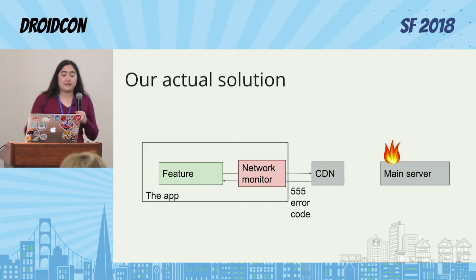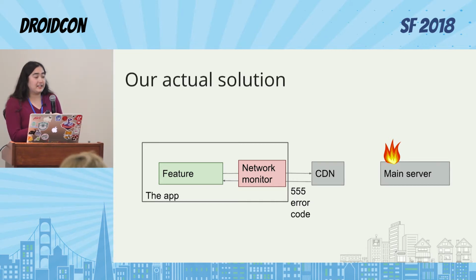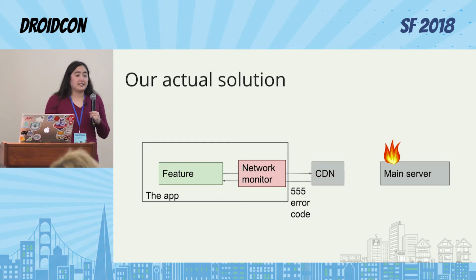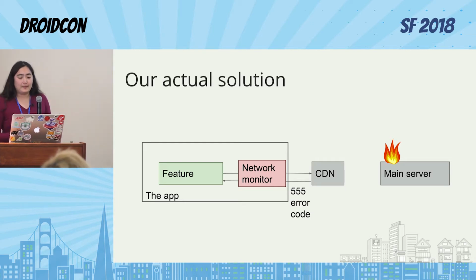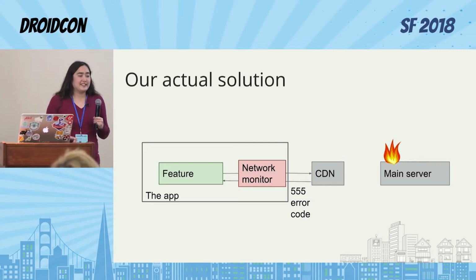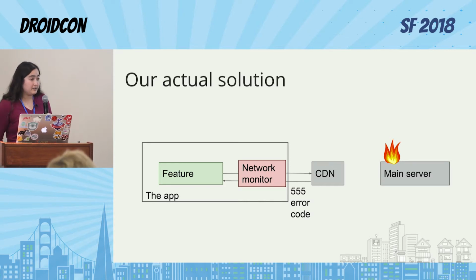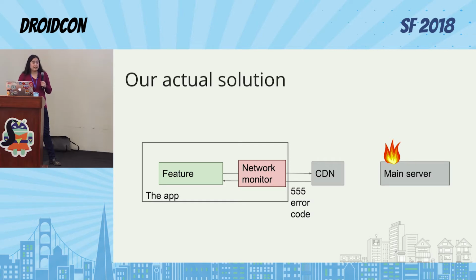So we settled on a 555 error code because one, that's not a real error code. It's not defined in any RFC, so there shouldn't be anything else in our infrastructure that's sending that. Two, it's very easy to remember. If you get woken up in the middle of the night and you have to deal with a sudden emergency, it's easy to remember the 555 error code. The other great thing about this is we're not adding any additional infrastructure. Production engineering doesn't have to go hunt down the mobile people and figure out what weird infrastructure we've set up. They know how everything works.